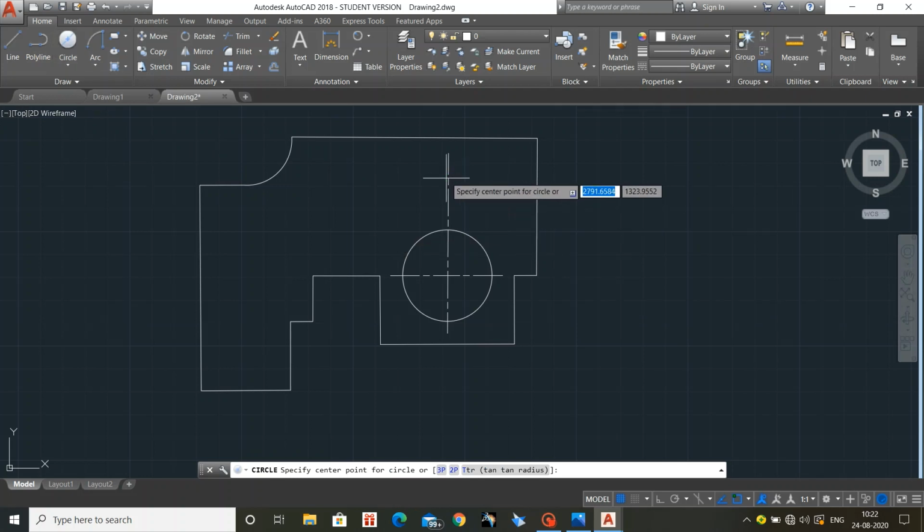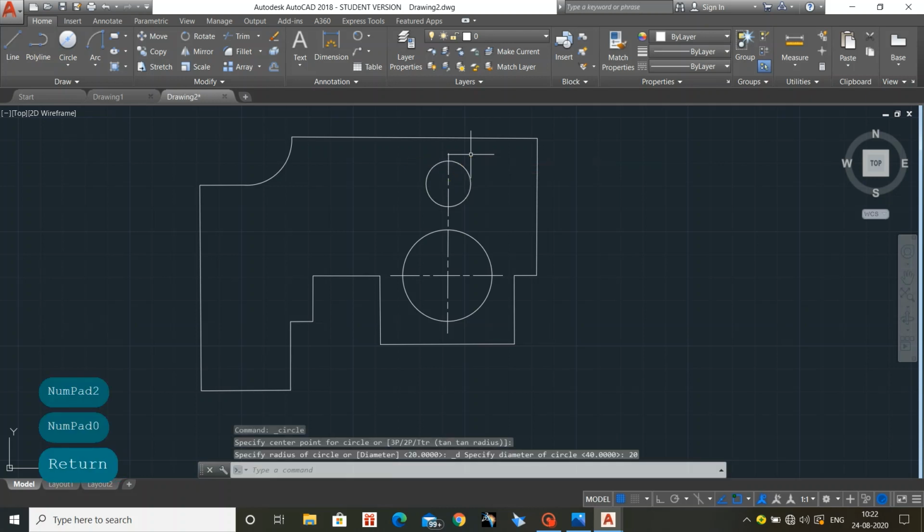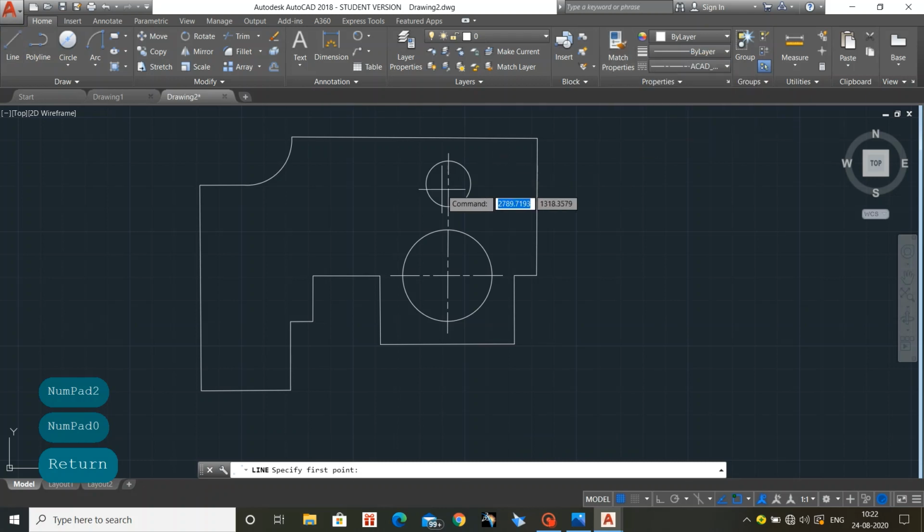So from there, directly if you move the cursor from that line to here, it will show the green axis which shows perpendicular. So from there I need to draw the circle of diameter 20. So this is one type of calculation, and we can draw this, or else directly we can understand the logic and we can extend the line from there and draw the objects.